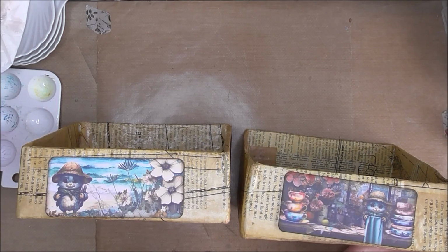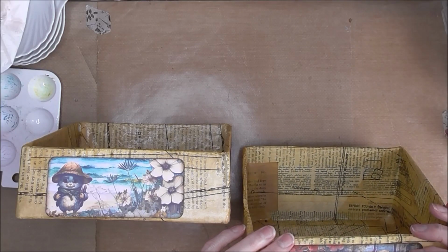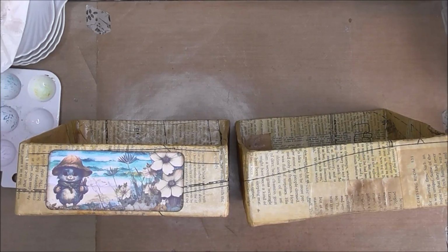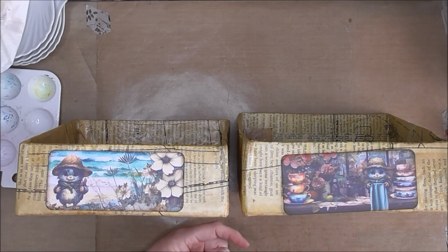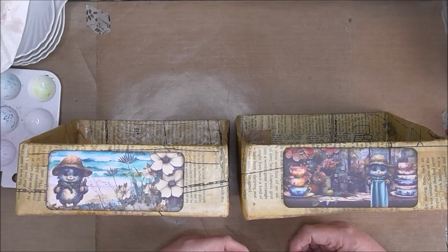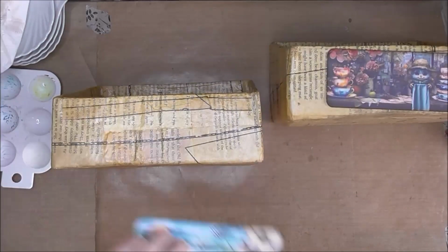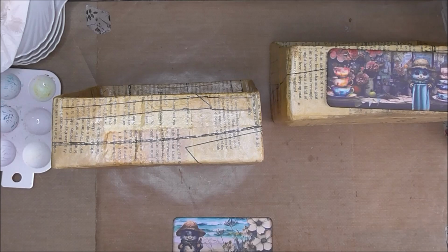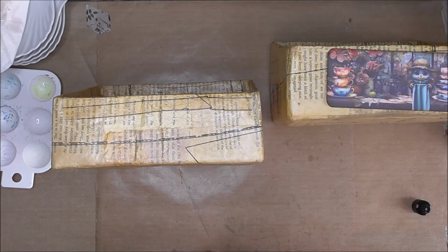So I was just contemplating whether I want to glue them in place or use brads to hold them on. So I've cut them out, rounded the corners like I did with my folder for the prompt list, and then I've gone around the outside with ground espresso distress ink, and I think I'm just going to stick these on, to be honest. So I will do that with multi-matte medium, just because I'm not sure if ordinary glue would stick to the decoupage